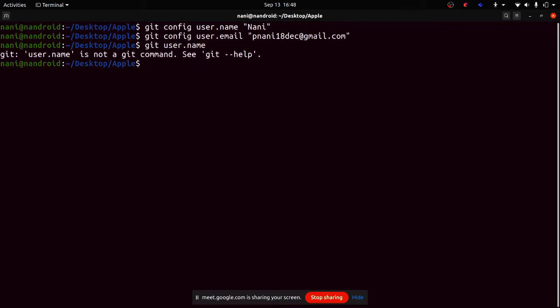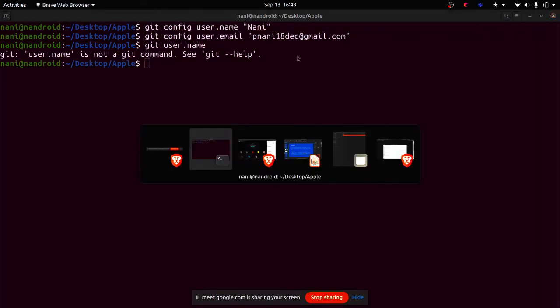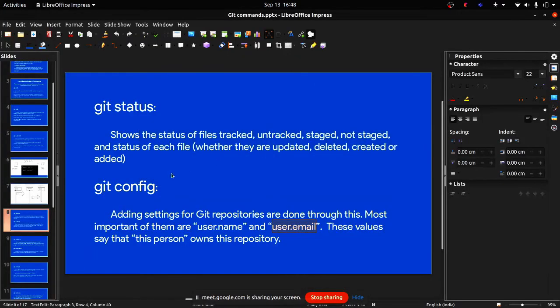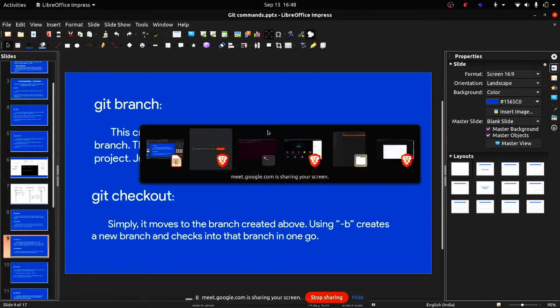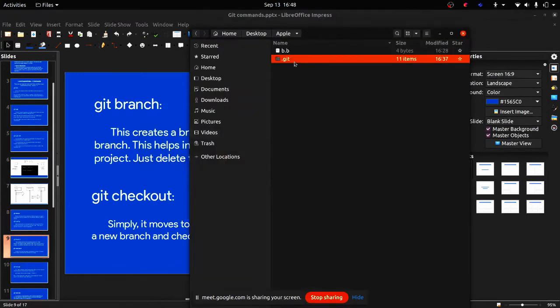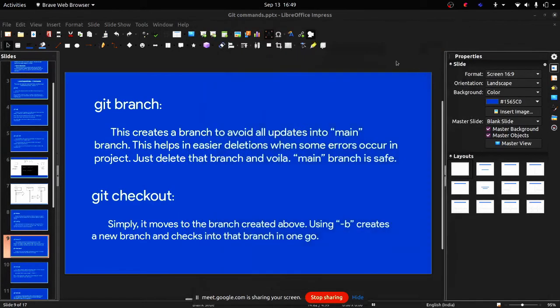Okay, nice. So I just tried it. I don't remember the command which shows the email ID, but no problem. I'll just go on, because that information will be present in this .git folder, so not a problem. Let me just close it.